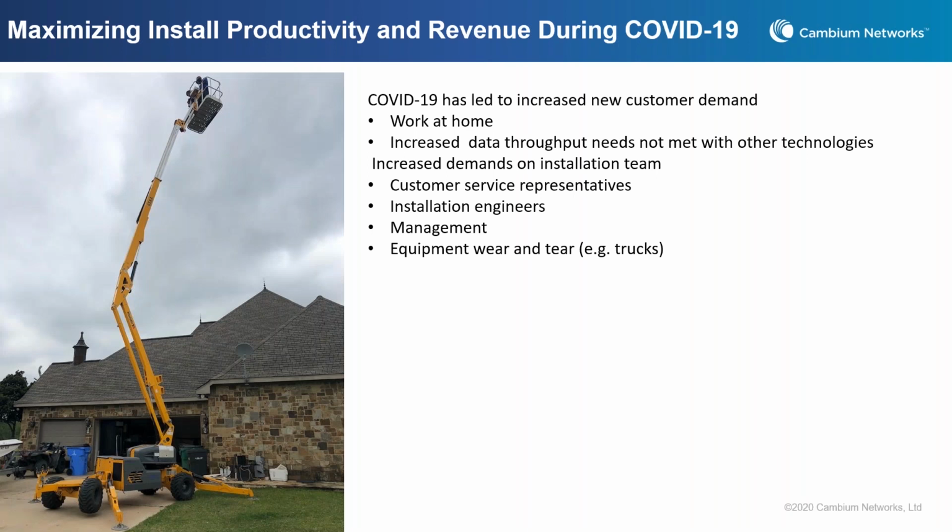What we've heard from various customers and partners is that with COVID-19, people are working at home now, and it's causing an increased demand on network throughput, but also on new customers. Customers who didn't need wireless broadband before now have to work at home, and their data throughput needs might not have been met by satellite broadband or DSL. So there's been an uptick in demand for wireless broadband, and we recognize how cnHeat can help, and the issues that can be faced by